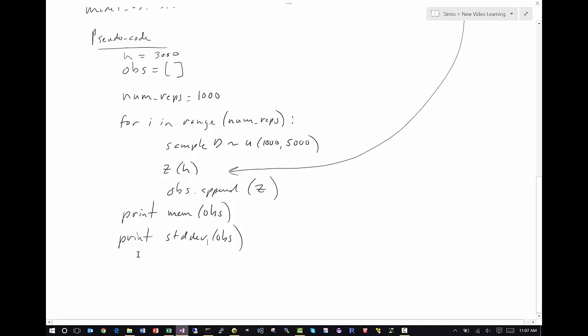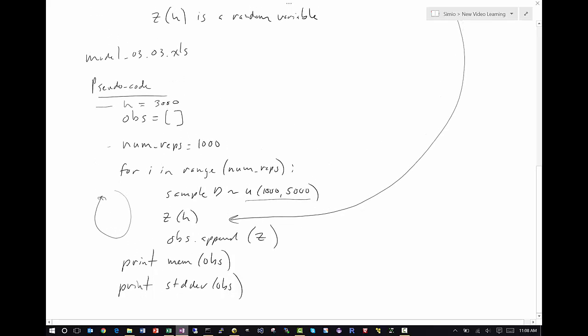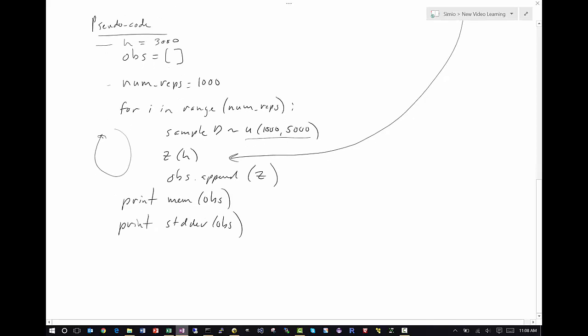So again, my basic procedure is I define H, I then set up a list or an array for my observations, I specify the number of replications, and then I iterate for the number of replications. I sample my D value from my uniform distribution. I solve for the profit given the corresponding value of D that I sampled and H that I set. I then store that value, and when I come out of the loop,